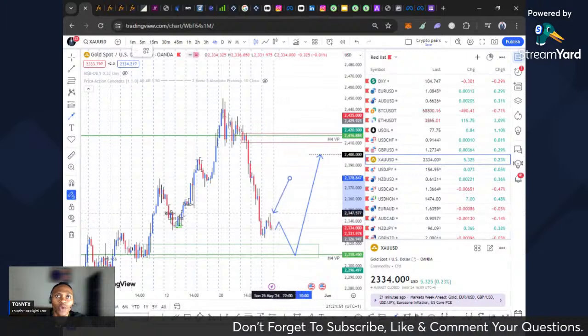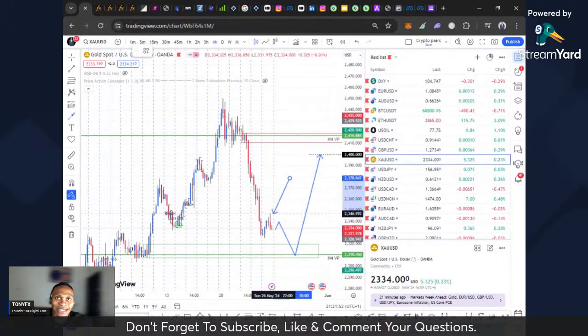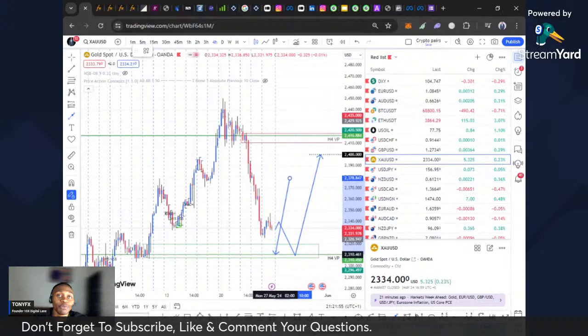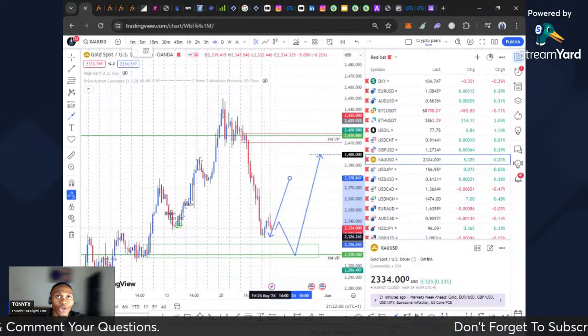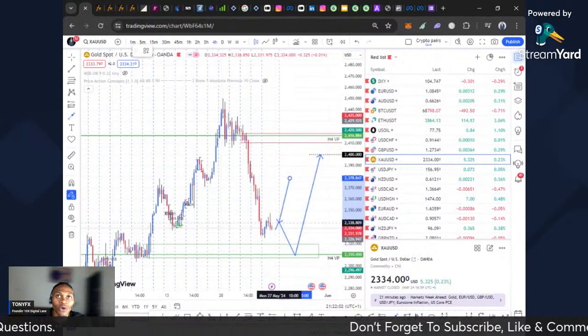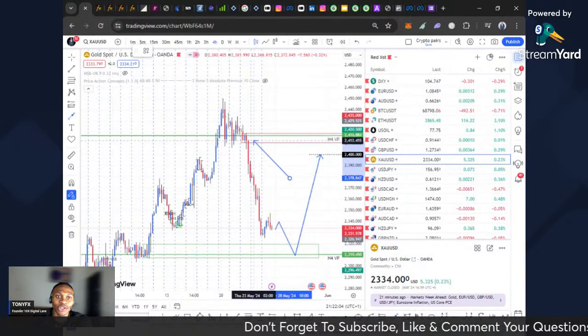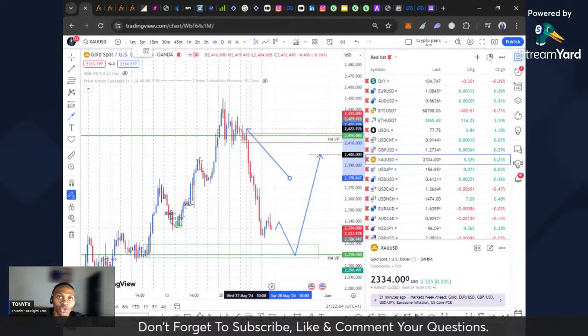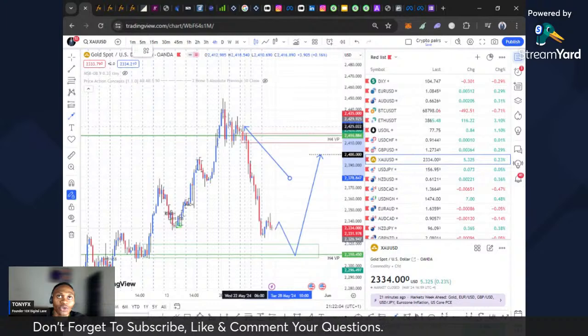But I can see a stop hunt. Once there's a stop hunt, there's going to be manipulation. There's going to be a sell-off for gold, to also take liquidity below this low. So I'm not interested in this short. I'm interested in this long. It has oversold to me.